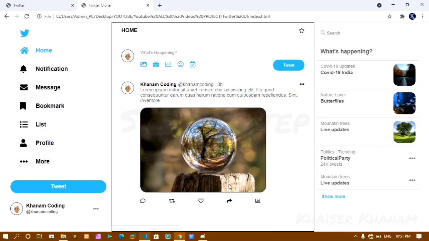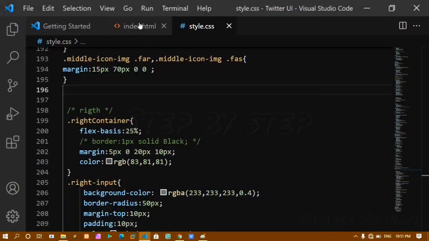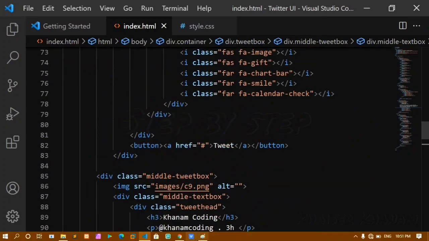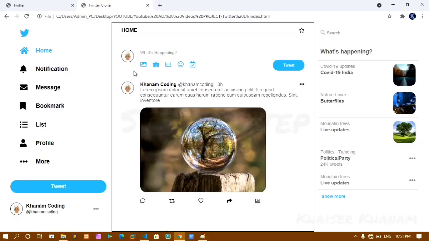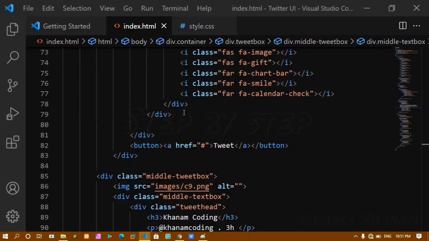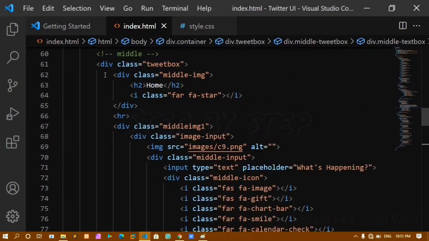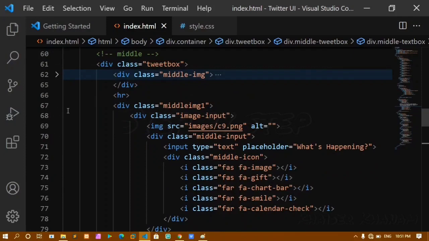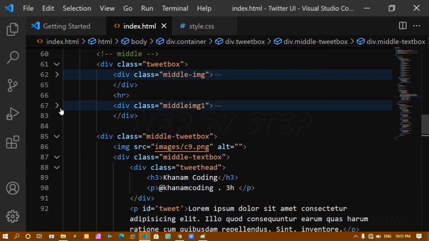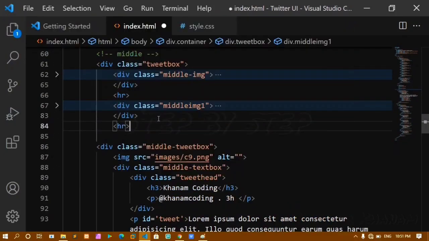Now my HR tag is missing here. I'll just come to index.html and I have to give below here. So this is my div. I'll give HR. I'll save this.